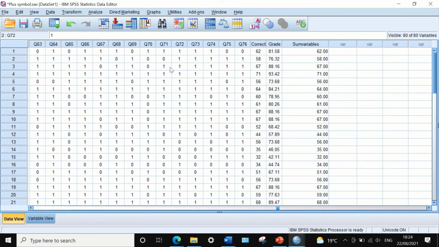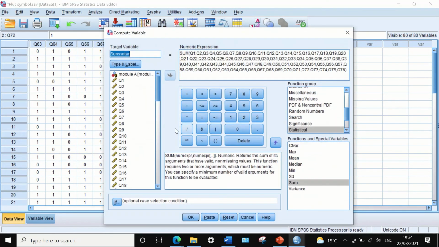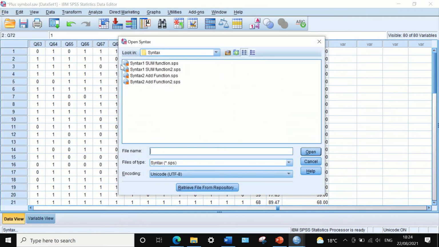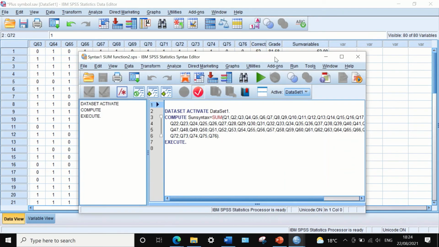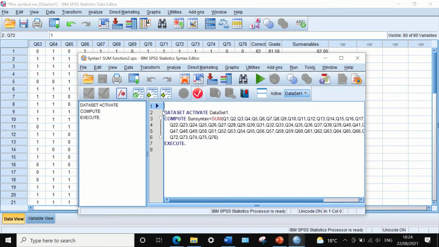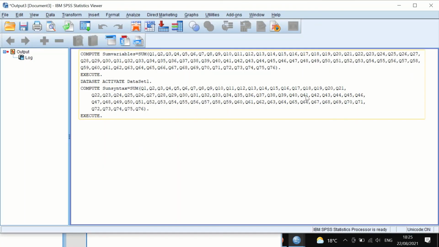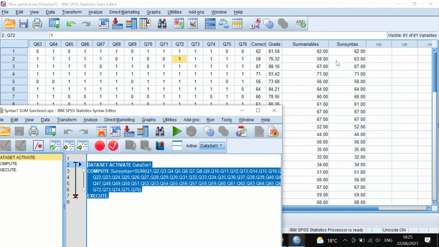So the quickest way, instead of going to transform, compute, and doing the whole thing, copying and pasting and putting in all the variables, is to go straight to file and then scroll down to open syntax, and then select the syntax sum function 2. This will open the editor here, and then I want to execute this command. I will select this command and click on the green arrow, again